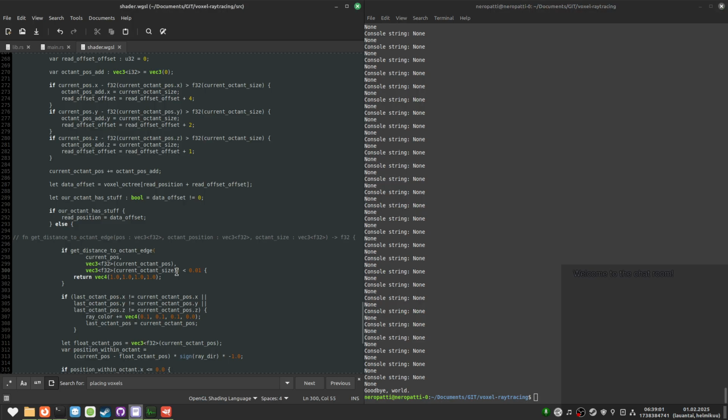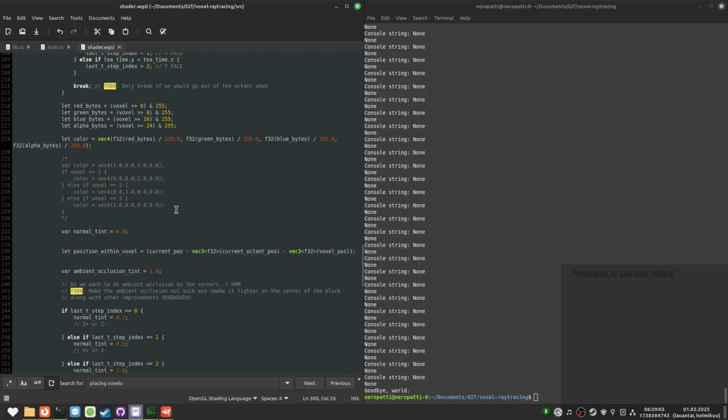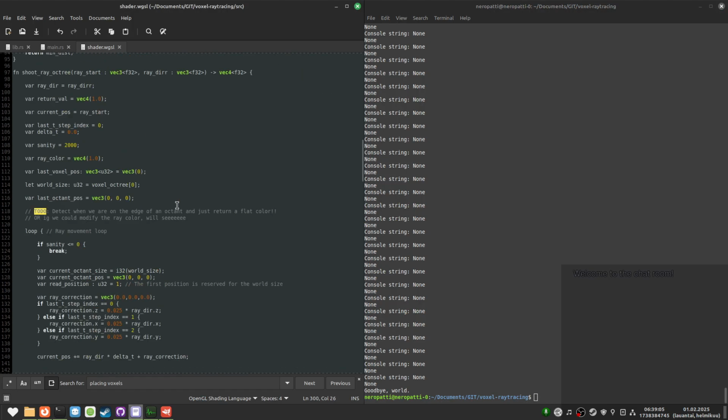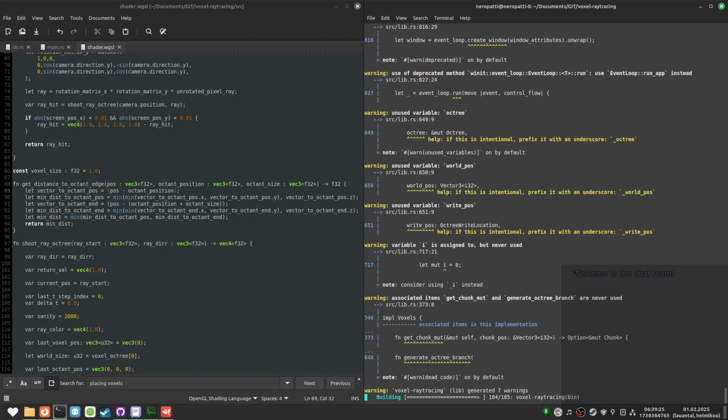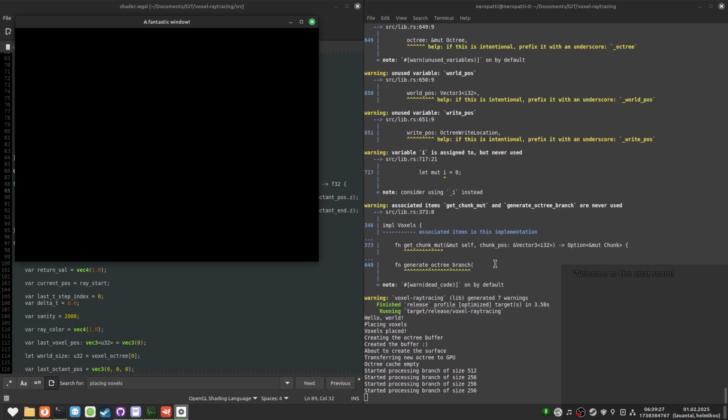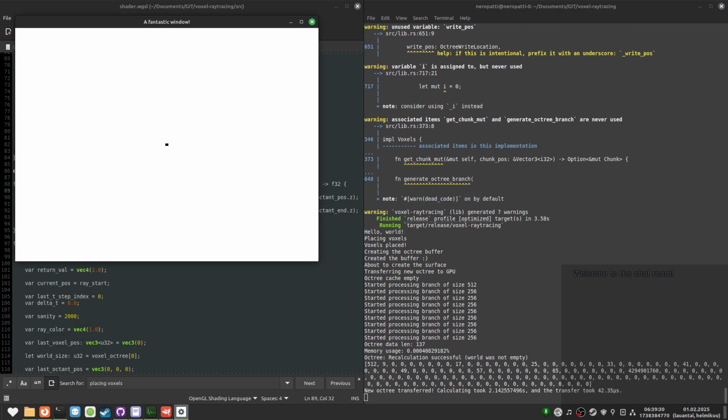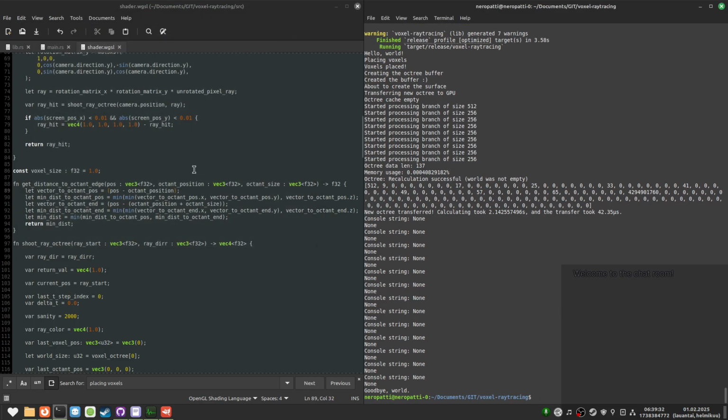Oh, I'm using the size instead of the end. But is this not what I want here? This is what I want here. But if we don't get the absolute value, I'm coping. Oh, it's even worse.